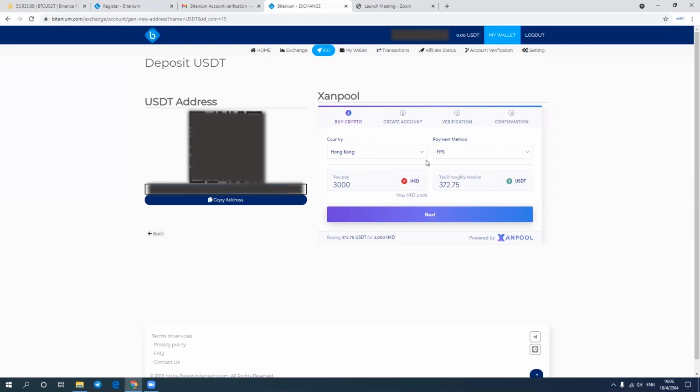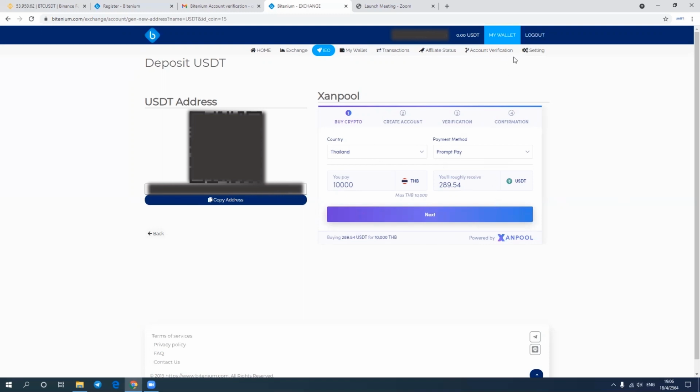We have fiat deposit with Exenpool, our partner, but you need to do KYC with them as well. There are a few countries where you can deposit, such as India with rupees, Thailand, Vietnam, and Singapore. The payment method is up to you. For example, in India you use UPI, so it's easy. In Thailand you need PromptPay. You can scan with your bank account and it's done. So you can use Exenpool to deposit and withdraw fiat currency with us.